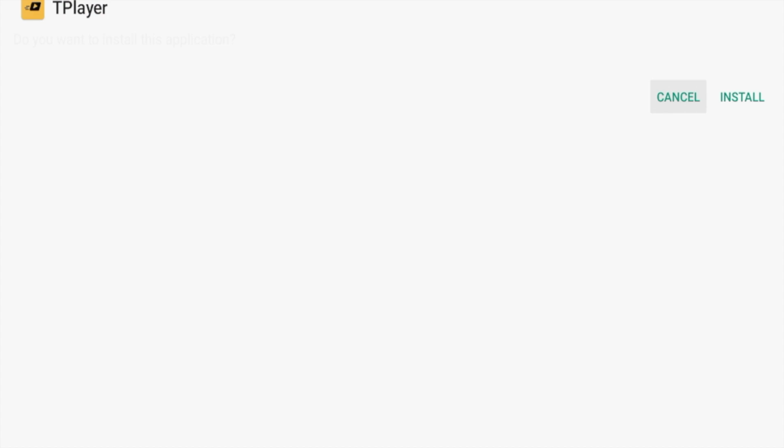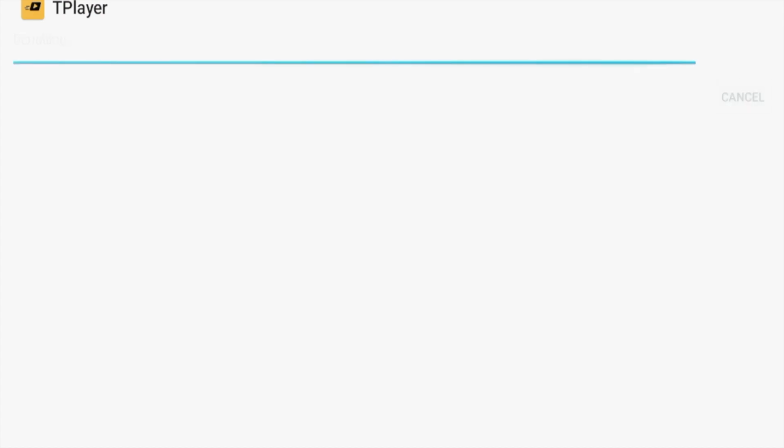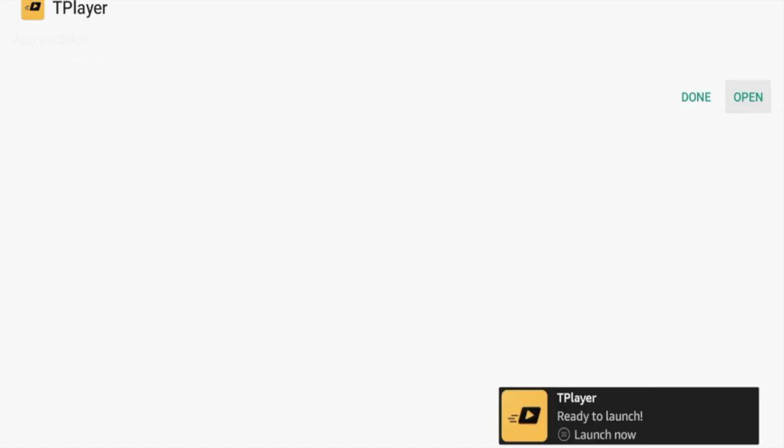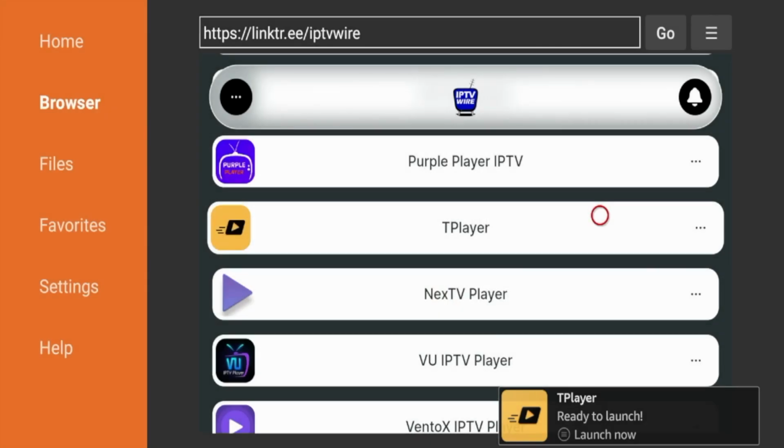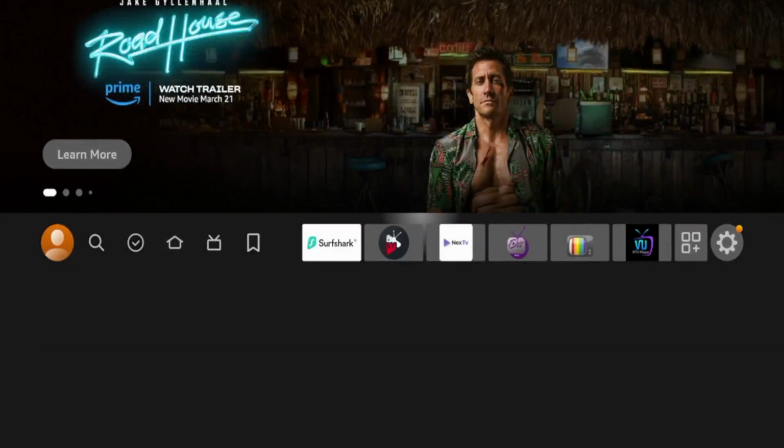You'd give it a few seconds for the file to download. You would click Install right here and then give it a few more seconds to install on your Fire Stick. And then you would see a message below that says T Player ready to launch. So I'm going to click Done, click Delete again, hit the Home button on my remote, and then you would